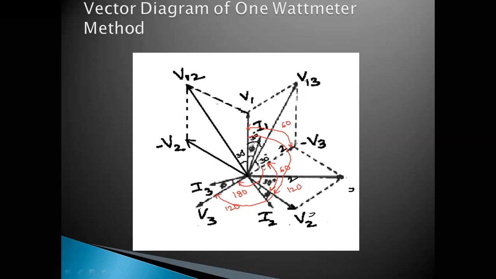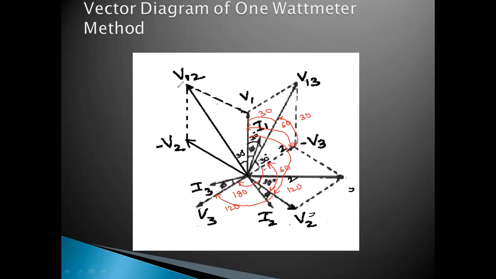After understanding this, because the V1 magnitude and V3 magnitude are the same, as we have connected a load to a three-phase balanced supply, the magnitudes of V1, V2 and V3 are the same. So we are going to have this resultant vector bisecting the angle between V1 and minus V3, which means this angle is 30 and this angle should also be 30. Why? Because V13 is bisecting the angle between V1 and minus V3.